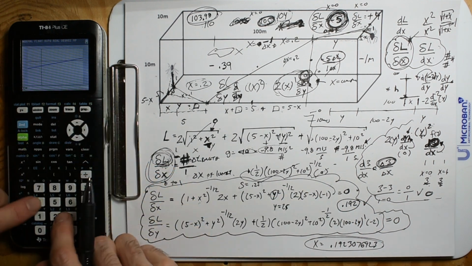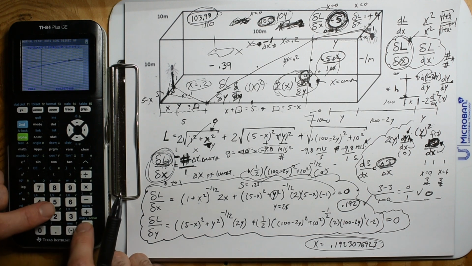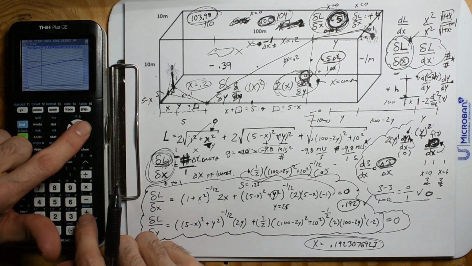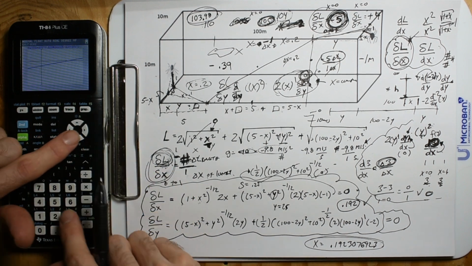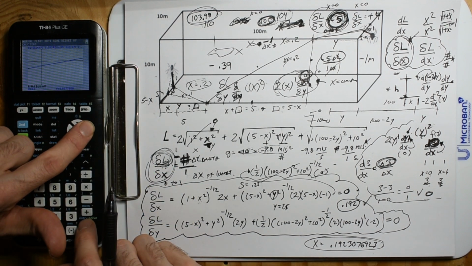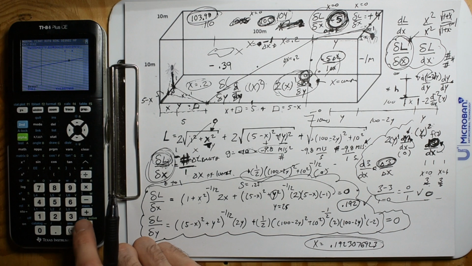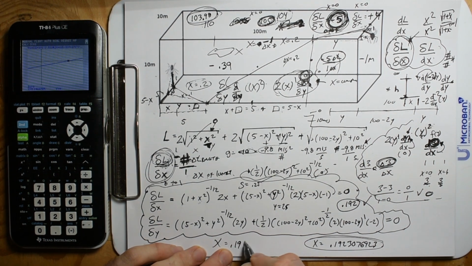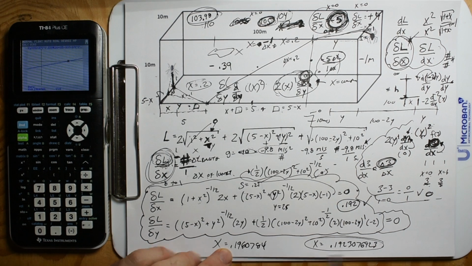So I'm going to go for a value of 0.2, get a 0, left bound, right bound. Alright, sweet. So this gives me optimized x is 0.1960784. So is this,